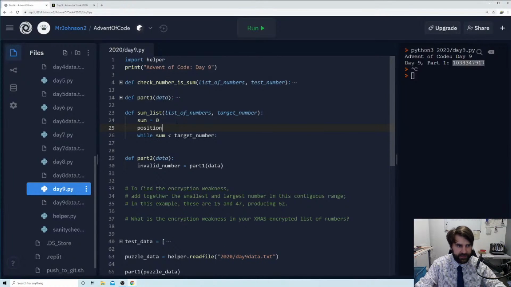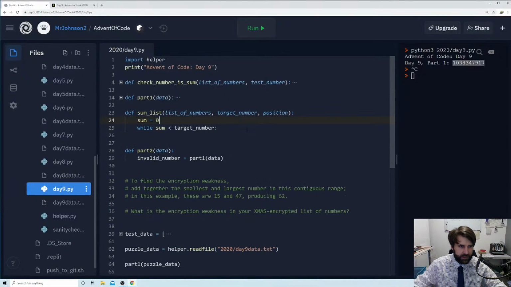we want to say position. I guess what we also want is a position as well, right? So we're going to say while sum is less than our target number, we're going to say sum plus equals our list of numbers at our given position.